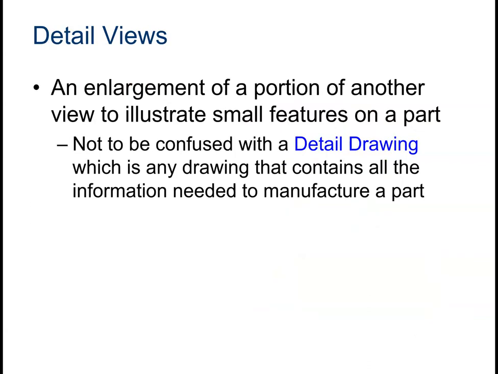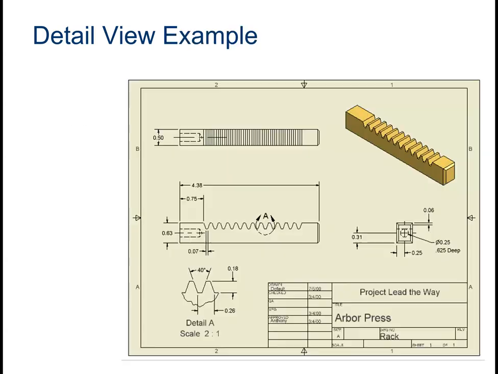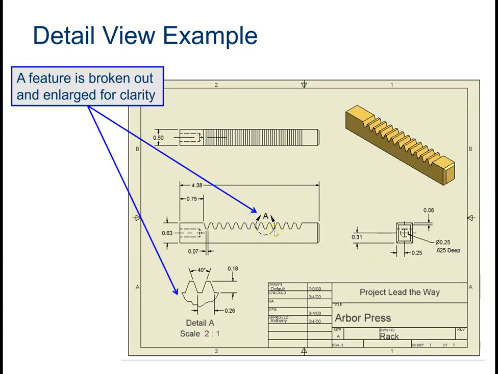A detailed view is just an enlargement of a small part of the entire drawing. So if you look on the detail, I was showing a couple of people as we were starting to do some of the detail work on various objects that we were working on in Inventor. Inventor does it very easily. You just simply click on detail, you pick where you want it, it draws a little circle around it, and then you can create an enlargement of that to whatever scale you want, in this case 2:1, anywhere on your